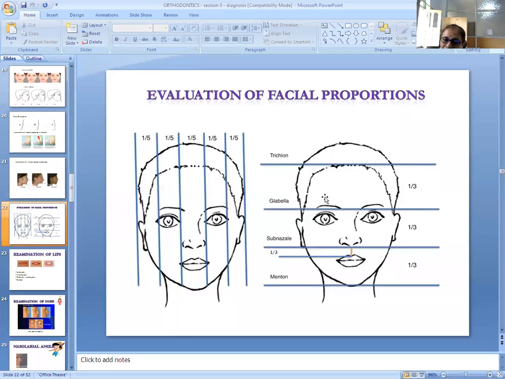Likewise, this height from trichion to glabella will be 1/3 of this whole length. Understood? Understood? Yes. And all these 1/3s will be equal to each other. That means the distance between trichion and glabella will be equal to glabella to